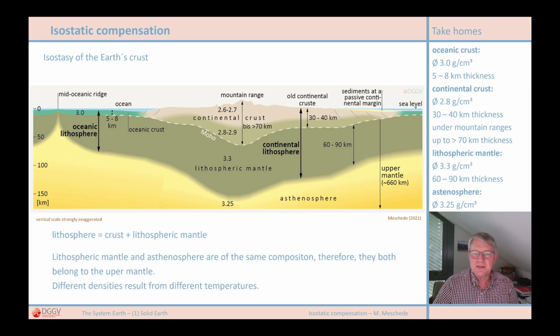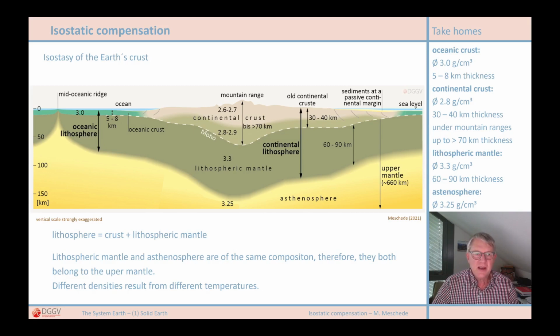And if this balance is disturbed by plate tectonic movements, the isostatic compensation starts with rebound movements until the equilibrium is restored. I will return to the rebound effect of the isostatic compensation from time to time in the following videos, because they are of fundamental importance for the functioning of